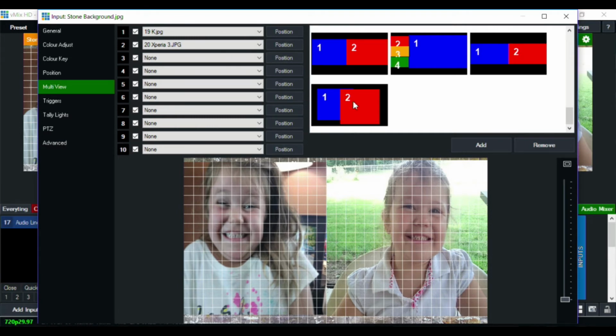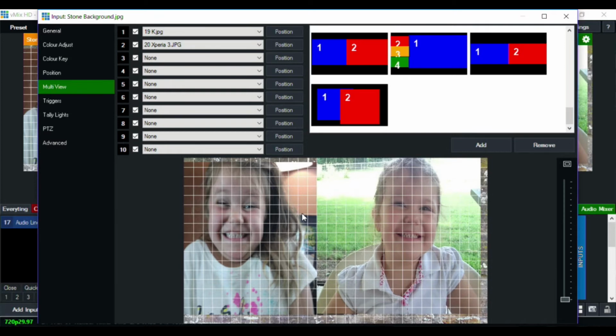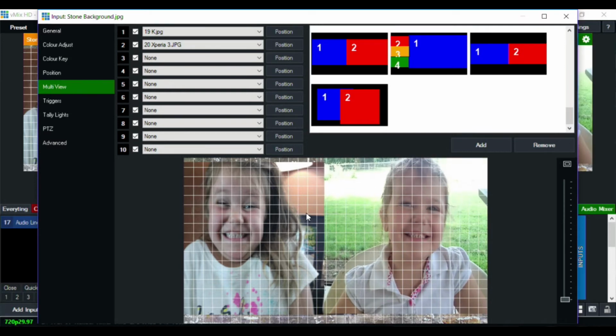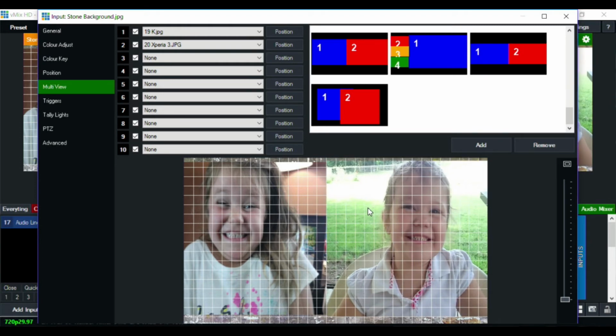Now, it doesn't look like I've got these pictures the same, but we've got a picture that's overlapping the other picture, and I drop this down here, and make them both look about the same.